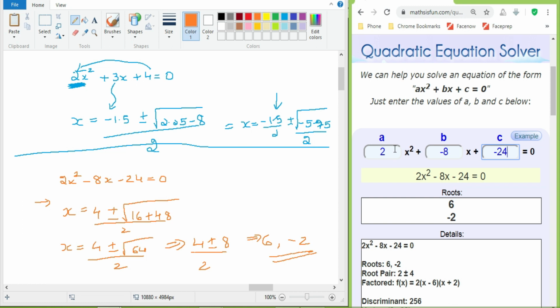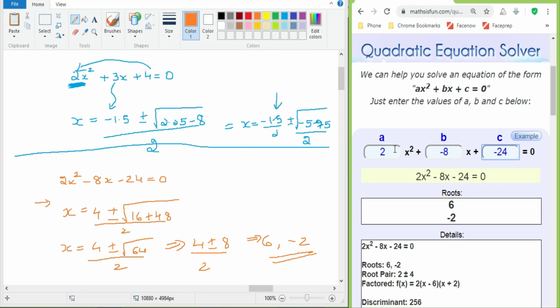Now someone has asked in the previous section, whether we can apply this technique to an equation which can be factorized or not, right? Yes, this is a question which can be factorized and we have already solved this one. So if you understand this technique, this can be applied for any type of quadratic equation guys. It can be used for equations which can be factorized, equations which give us complex numbers, equations which give us real numbers. Everything can be solved using this technique. Clear? So I'll practice one more problem on this.